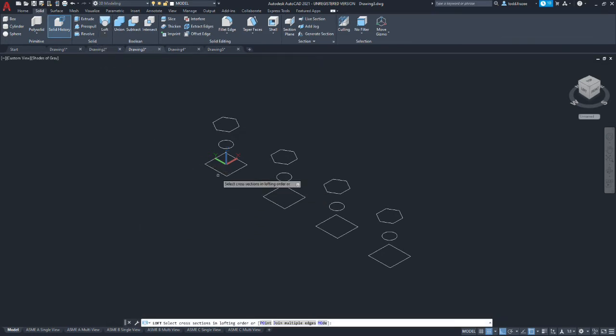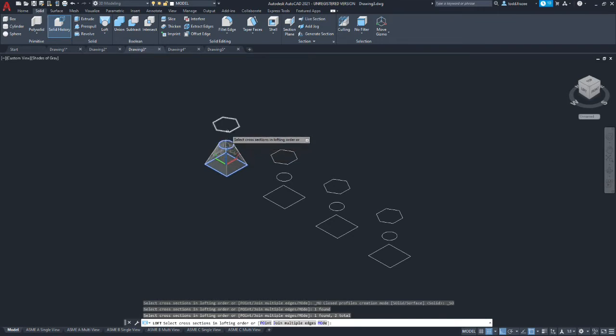Now it's important that you select your sections in order. It doesn't matter if you start on one end or the other as long as you're consistent. What I have found for the success rate of lofts is it's also helpful if you select on similar corners or edges so that the chain is going the same direction. So out of habit, I'm going to pick the area right here. Then I'm going to pick the circle in about the same place. And then I'm going to select the polygon with the closest corresponding corner. All right. So at the default settings,